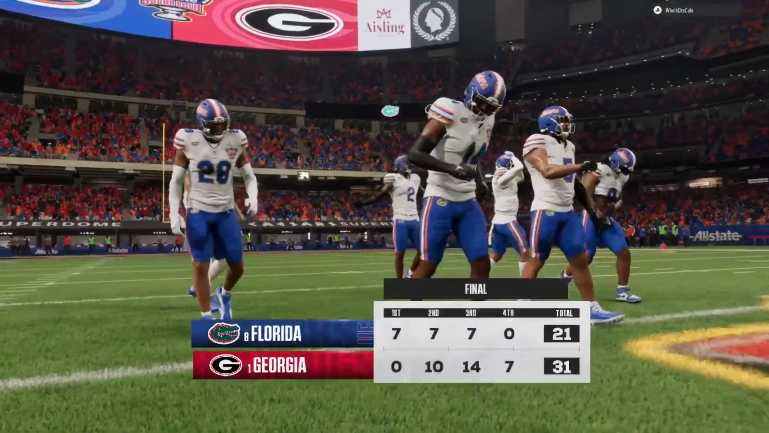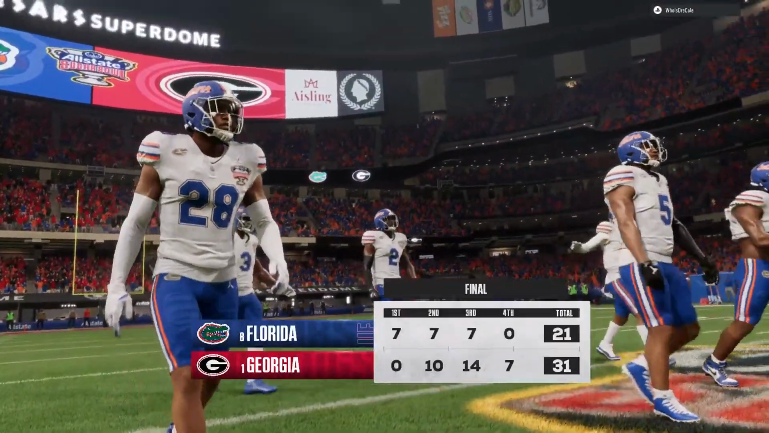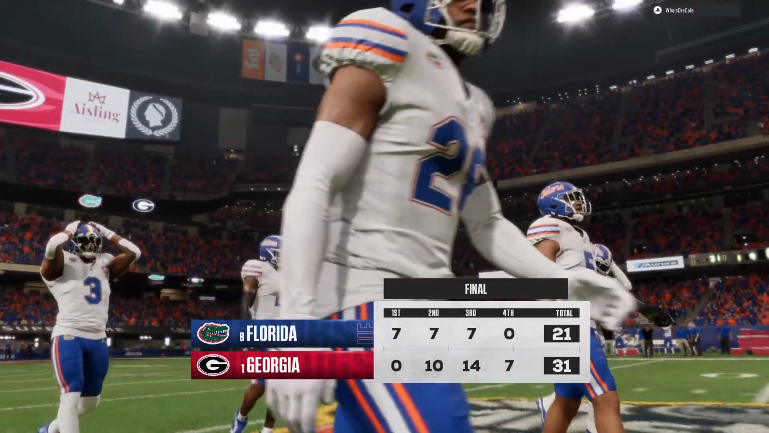Well, this was an intriguing matchup coming in. We weren't sure which way it was going to go. Kirk, what do you think made the difference today? Well, I think it's the